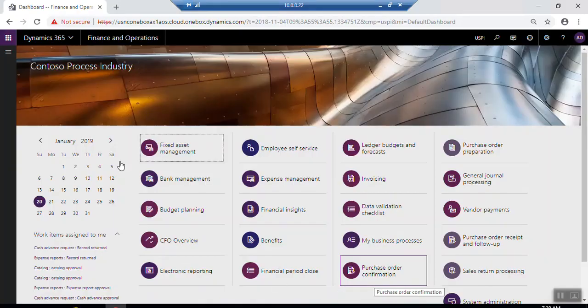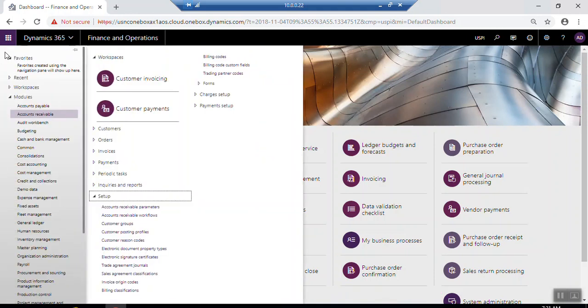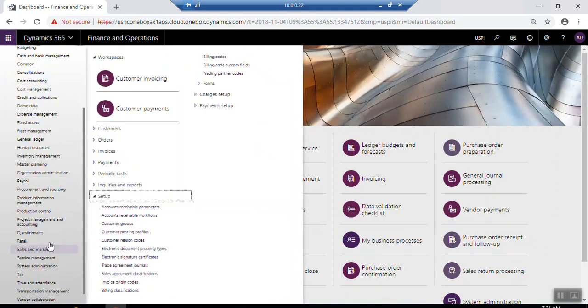If you want to create a new customer in Microsoft Dynamics 365, often customer records will be created in Microsoft Dynamics 365 by a sales and marketing role or an accounts receivable role. So if you want to create a new customer from sales and marketing,